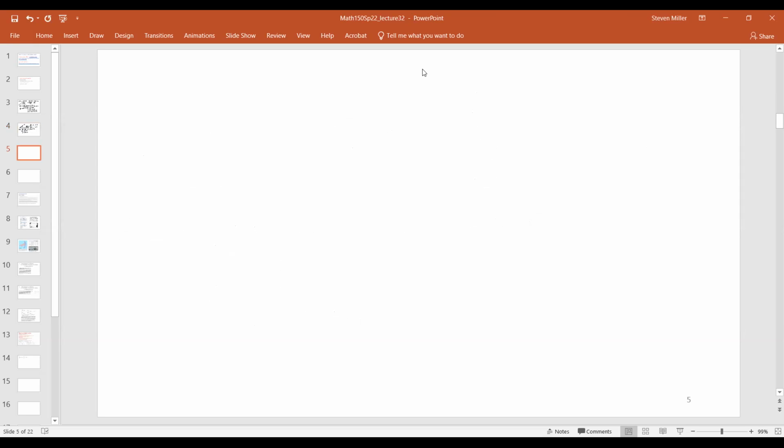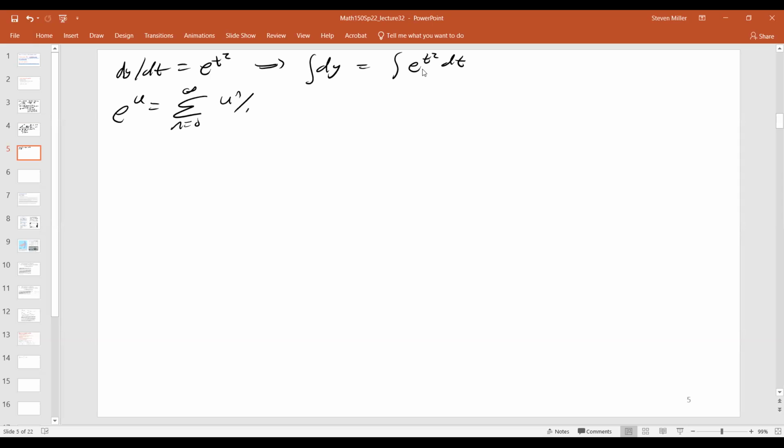So let's say I give you dy/dt is e to the t squared. So we get y equals the integral of e to the t squared dt. So we could write this as e to the u is the sum as n goes from 0 to infinity of u to the n over n factorial. So e to the t squared is the sum as n goes from 0 to infinity of t to the 2n over n factorial. So if I integrate,